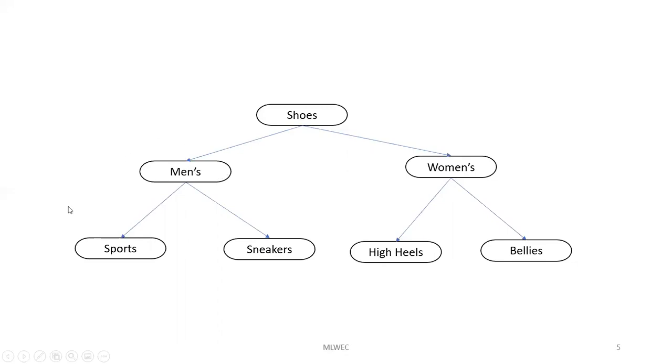Men's is a subtree. We have 2 child nodes, sports and sneakers, and because we are not extending from them, these are the leaf nodes. Women's also has 2 children, high heels and bellies. So here we stop the process, and from here onwards we are not extending the tree.